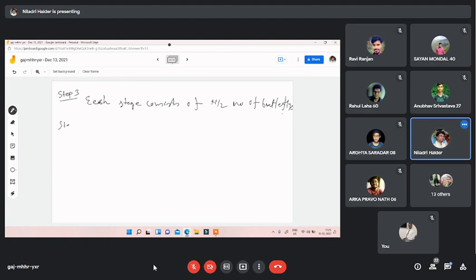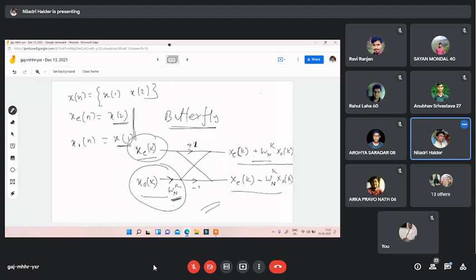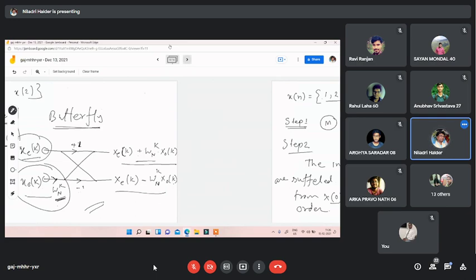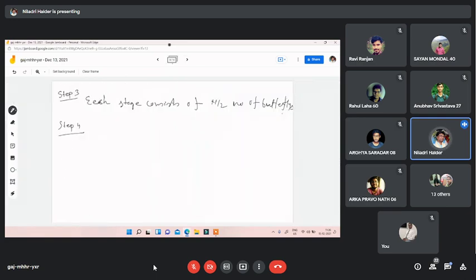Step 4. I've told you that if you have 8 number of samples, you will split it into 8 individual samples, and for each butterfly you have to consider 2 samples. Now you have 8 number of samples. Which 2 samples will be your input? Between those 8 samples, any 2 samples may be input, but which 2 will be chosen by the input